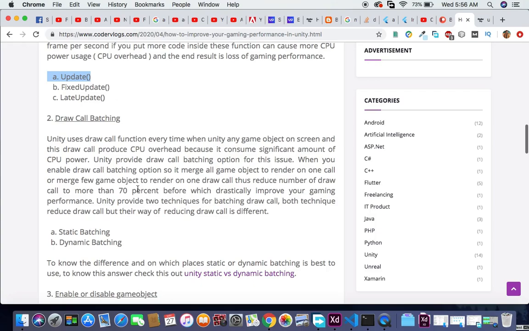Okay, technique number 2 is draw call batching. First of all, I will explain what a draw call is. A draw call is a built-in function which Unity uses to render, to draw a game object on the screen, and for every game object it will call a draw call function, which can cause CPU overhead again. It consumes a lot of CPU power, because a draw call is made continuously for every game object. So in order to reduce the number of draw calls and solve this problem,